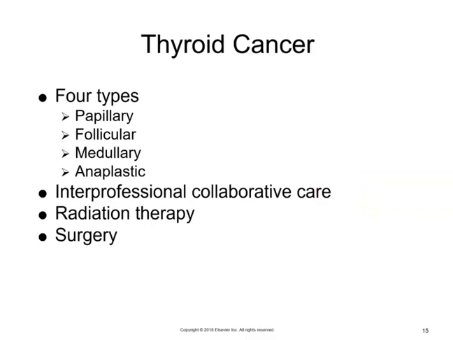Medullary, that's going to be the most common in patients over 50, and that tumor secretes a variety of different hormones. The 4th type is going to be anaplastic, and that is a rapid growing tumor. It's very aggressive. It invades nearby tissues, and a lot of these patients have signs and symptoms of stridor, hoarseness, and dysphagia.